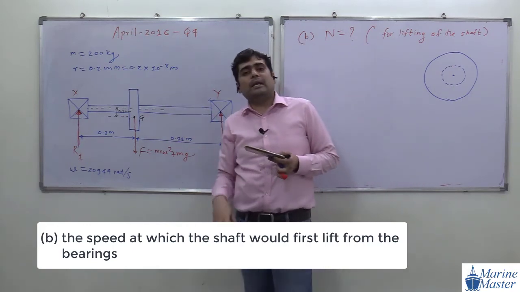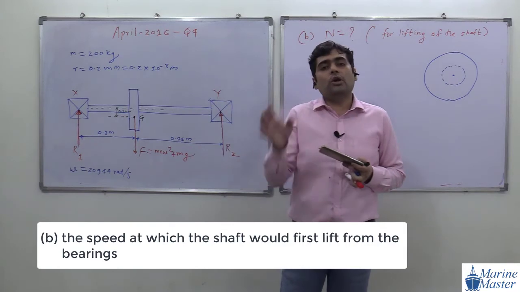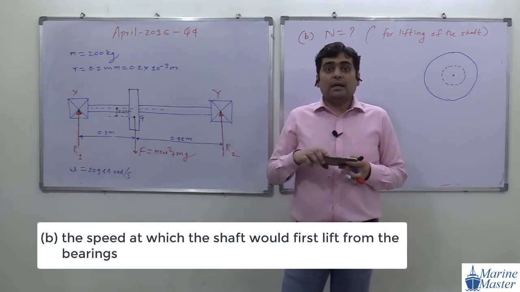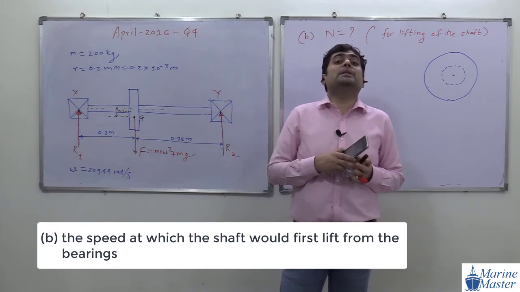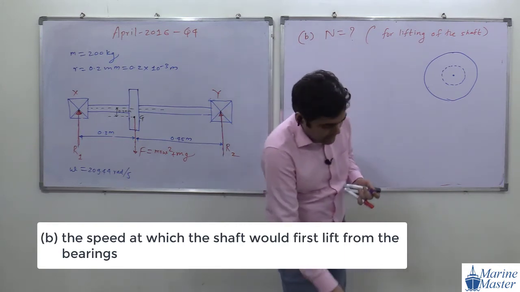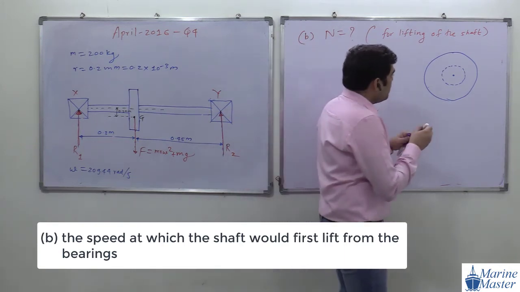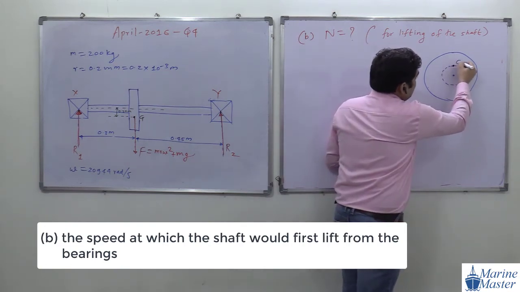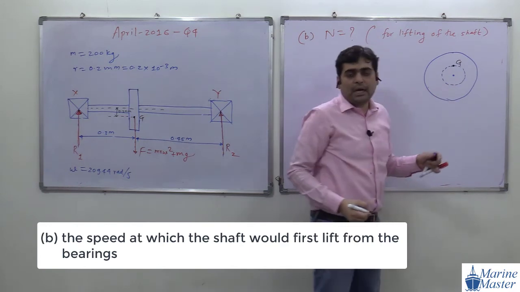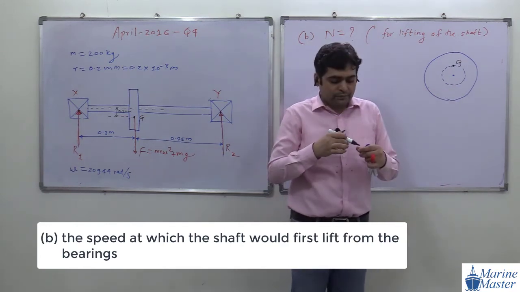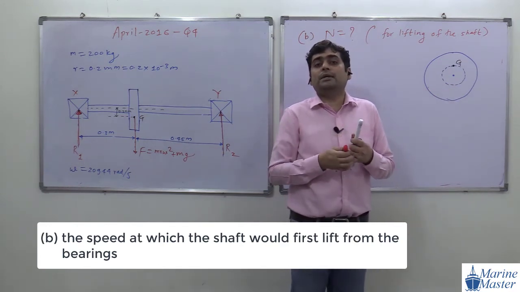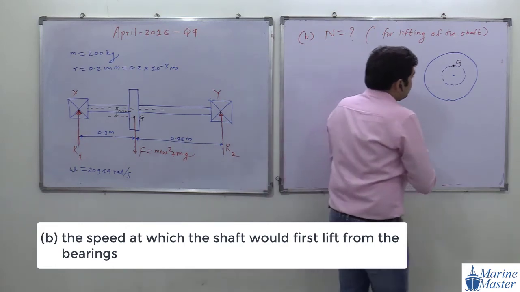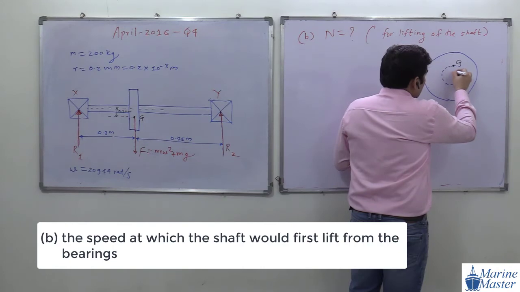Reaction forces on the bearing will be maximum because the overall effect of weight and centrifugal force of the center of gravity will be maximum at that location. But at which point will that effect be minimum? When G is at the topmost position. What is the direction of the centrifugal force there? Radially outward.